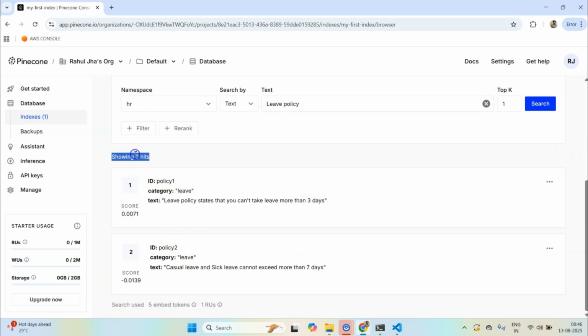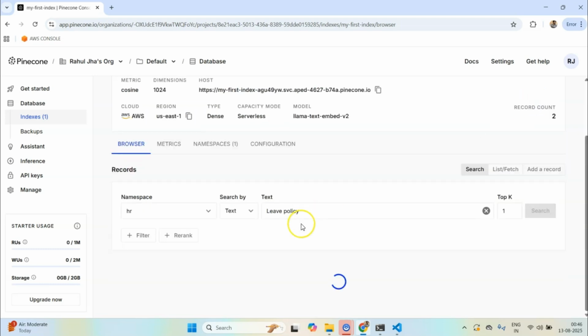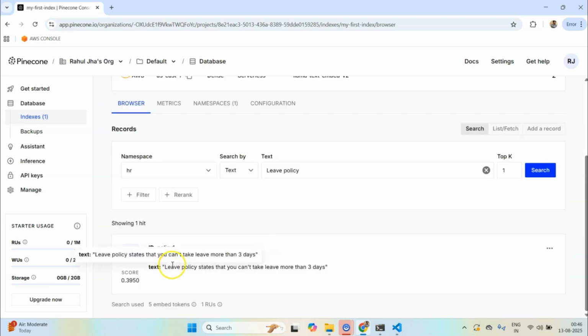It wouldn't make sense to do a real search at this point, but you get the idea. So if I do search, I'm getting the first document on leave policy, and intuitively we can see that it is returning the correct result.